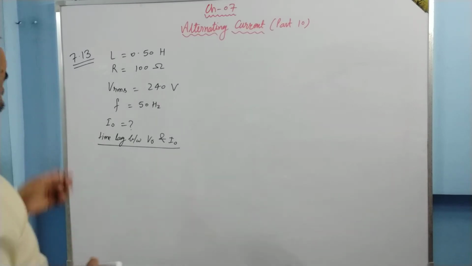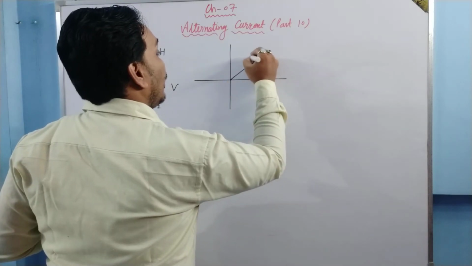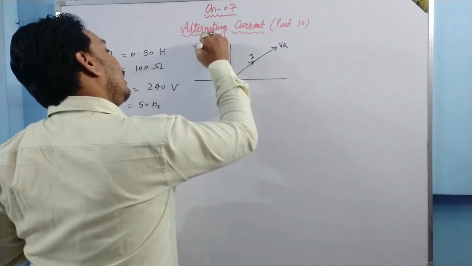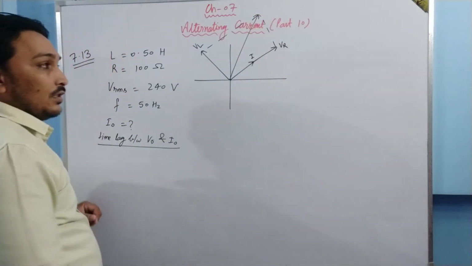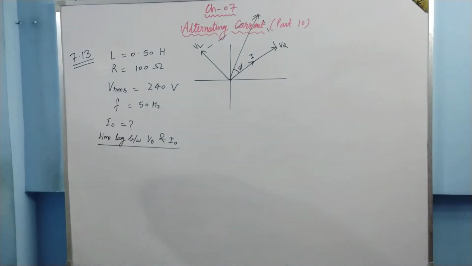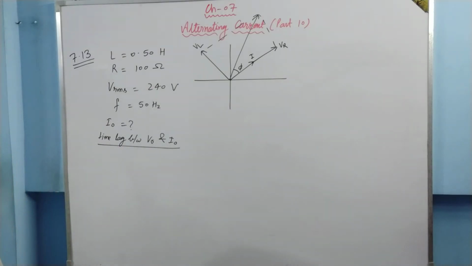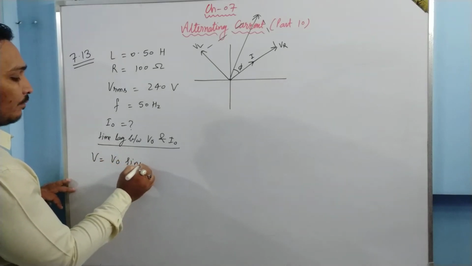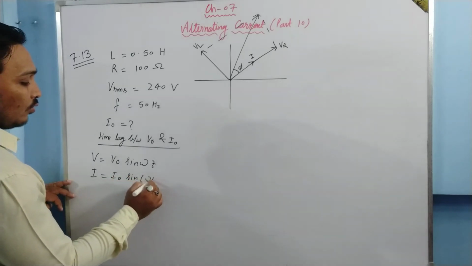So let us understand how that LR circuit works. If we draw the phasor, current in this direction, VR in the same direction, VL in this direction, then we take the resultant of these. So we have the resultant like this. This angle is going to be phi, so phi is the phase difference. Now phi corresponds to what amount of time? If I write the equation of voltage, V is equal to V naught sin omega t, and if I write the current, then I is equal to I naught sin (omega t minus phi).